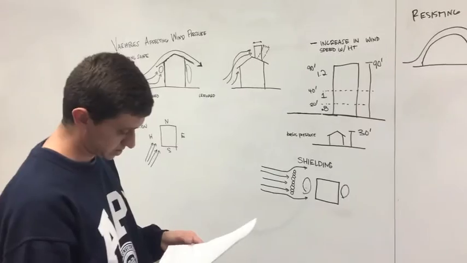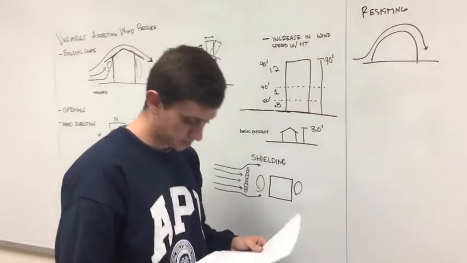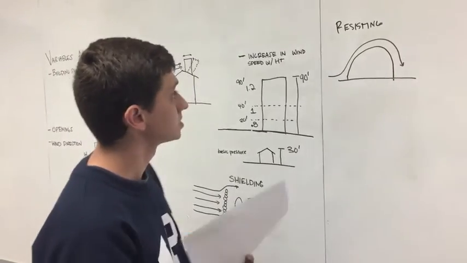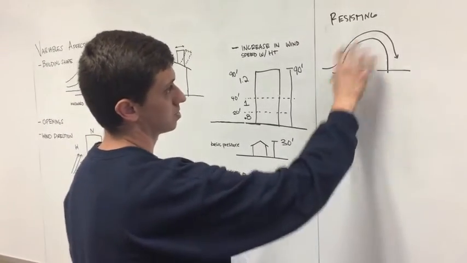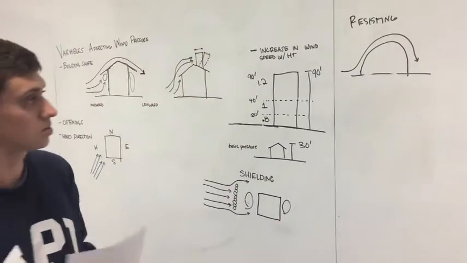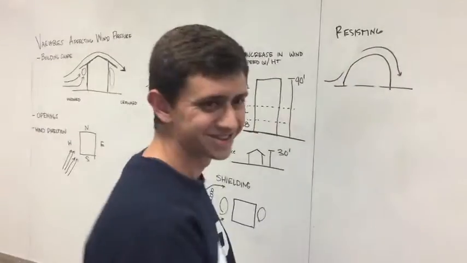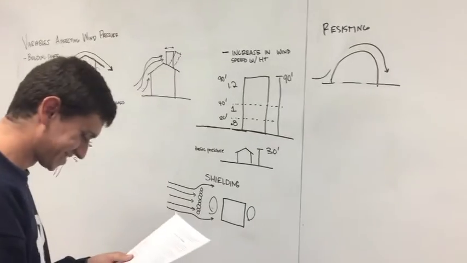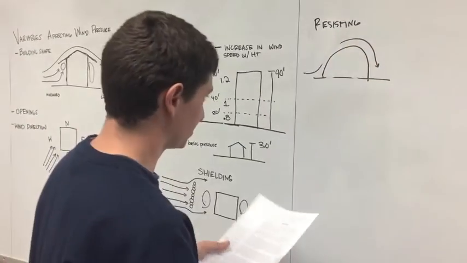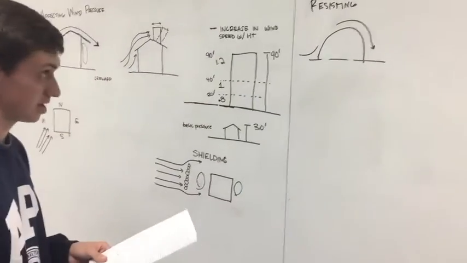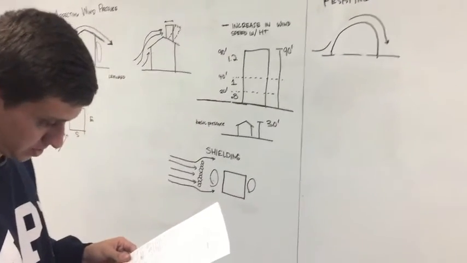A couple different methods of resisting these wind forces. Dome homes, because of their round shape, prove to be more aerodynamic, which helps to send the force over the top of the building, which helps distribute it so there aren't any flat faces that are taking that force. Hurricane ties